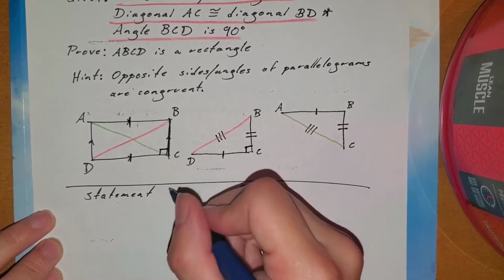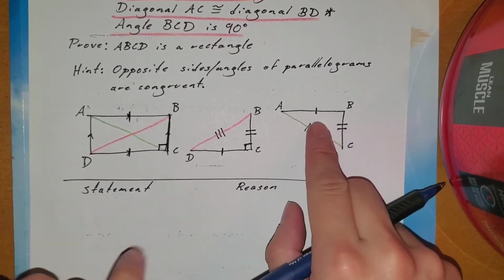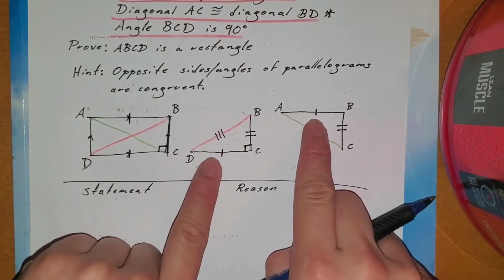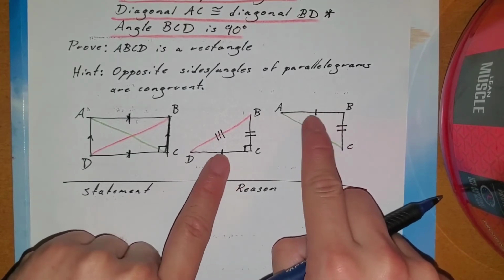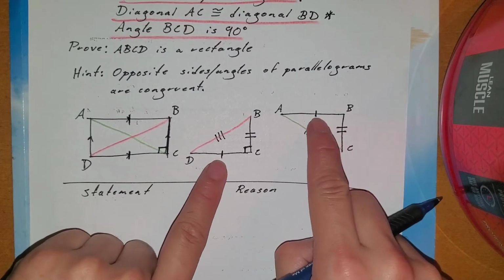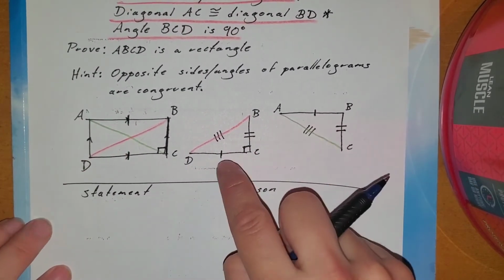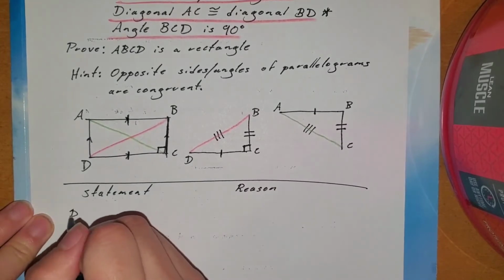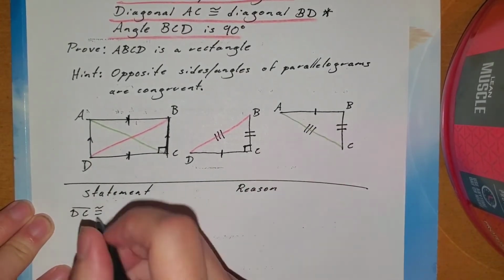But I have to list my pieces first. So again, I know these two, DC and AB, are congruent by the hint. Opposite sides of parallelograms are congruent. So I know DC is congruent to AB,